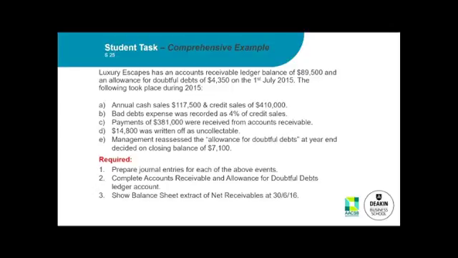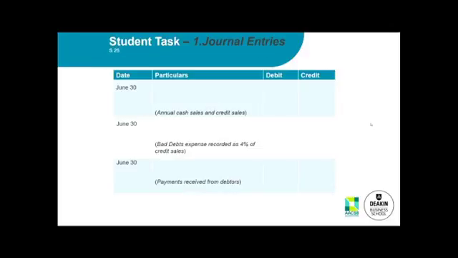All right, I think we've given you long enough, so let's go through the journal entries first of all. We'll do them according to the numbers here, A, B, C, D and E. The first one is to record the cash and credit sales. We've done this before. We debit the cash with the amount of cash that was received from the cash sales, 117,500. And with the credit sales, we debit the accounts receivable with 410,000, and the aggregate sales altogether come to